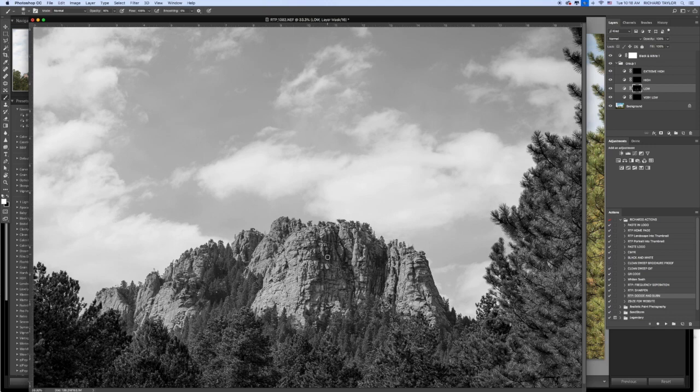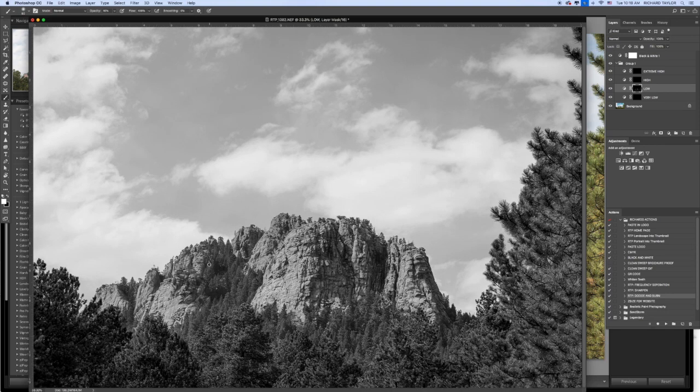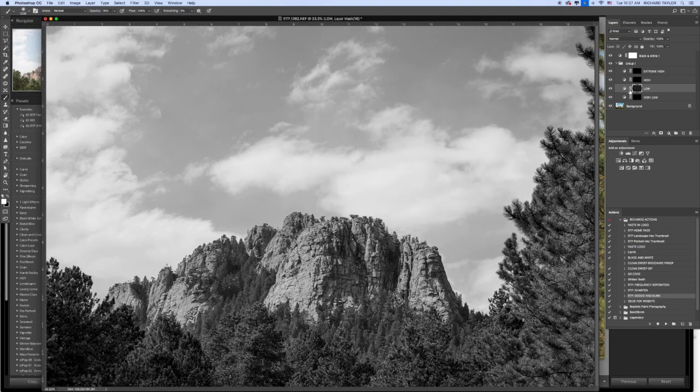I'm going to go into this rock, and I'm going to just start hitting these shadows. Okay, I like that. A little more up in here. I want the sky to be a little darker, so I'm going to add that. Okay, now that I have painted some areas with 10% of this curve, we're going to go to the high,